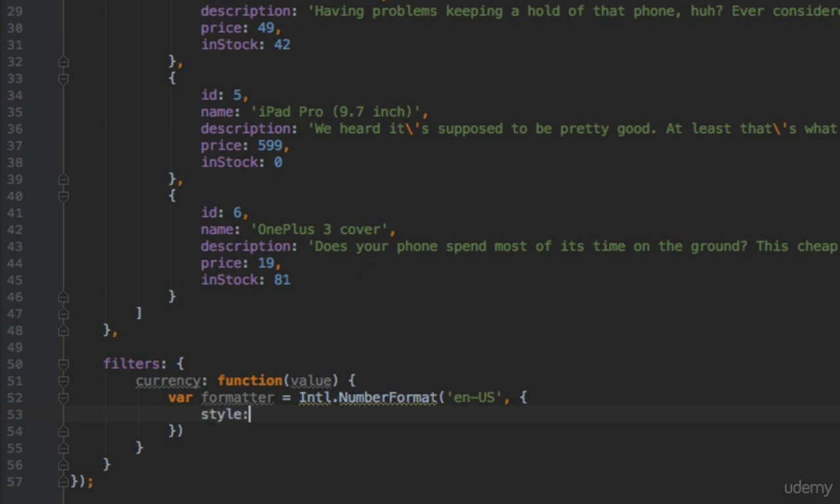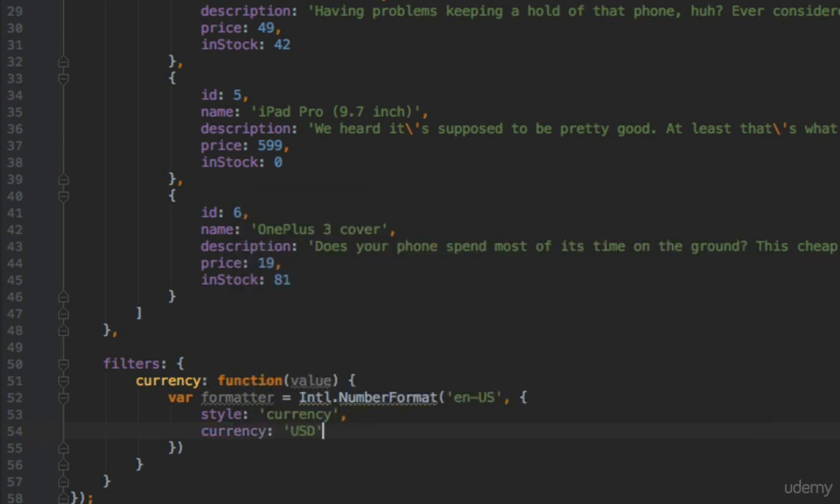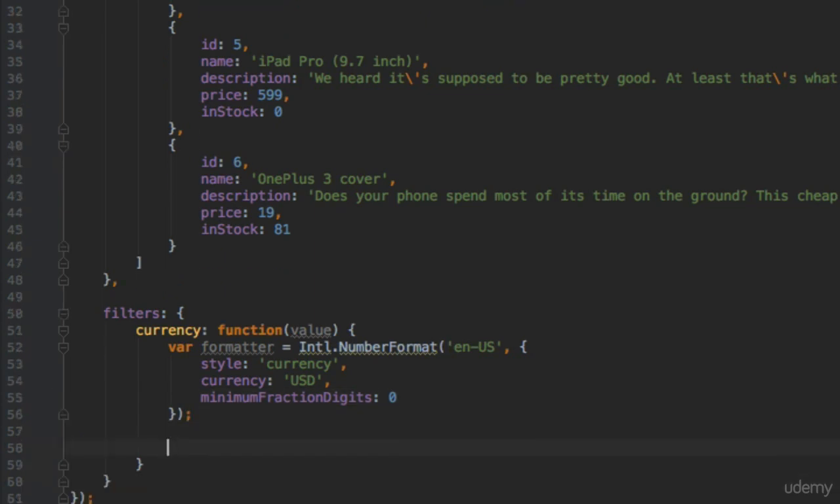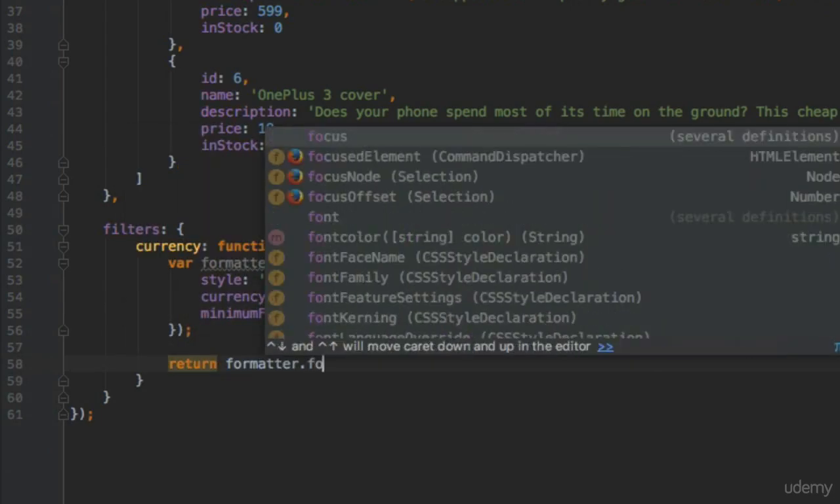The first option is the style. I'll set this to currency because we want to display prices here, and the currency I'll set to US dollars, and minimum fraction digits I'll set to 0 because we don't really want to display decimals. And I'll return formatter.format